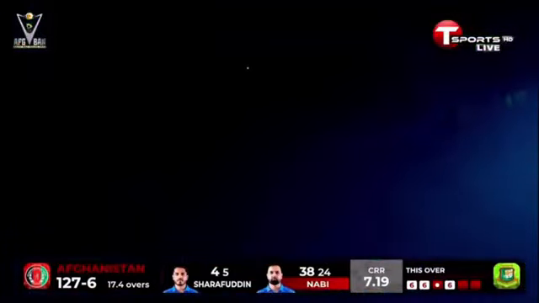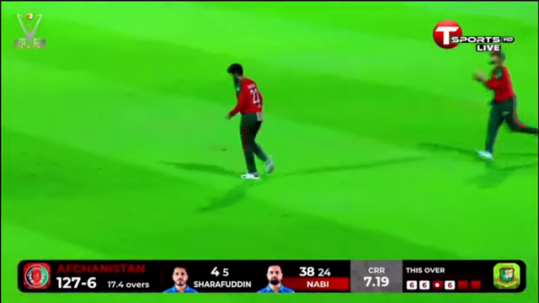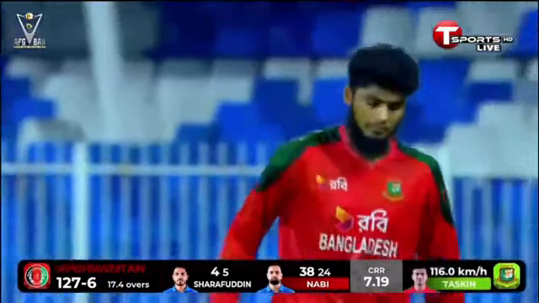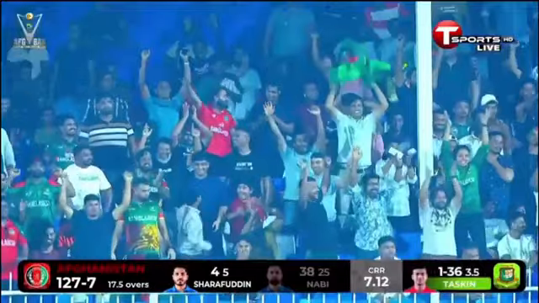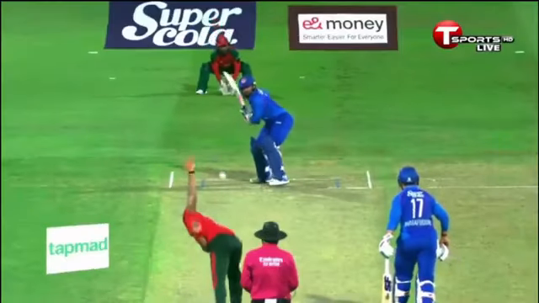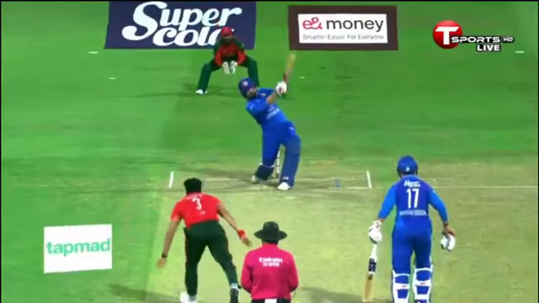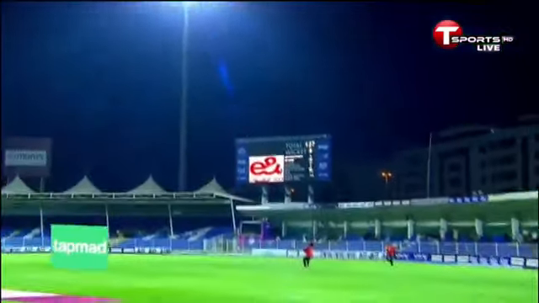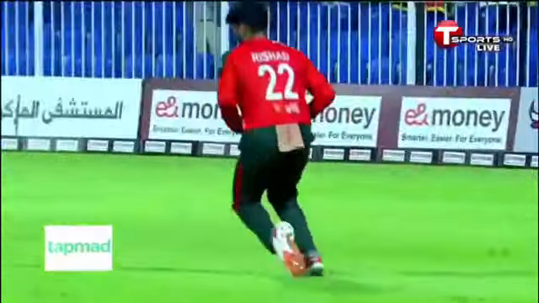Has he got this one? I don't think so. Down towards Rishad Hussain, who holds on, and the fun is over for Mohammad Nabi. A grimace, a grit of the teeth. He felt it was there to hit, but again the pace taken off by Taskin, who has his revenge. Much better length by Taskin. The previous slow ball was slightly short, and that has set up Nabi. On this occasion the length was slightly fuller. Knuckleball slower delivery, no pace to work with, lack of bounce, bottom part of the bat, and Taskin Ahmed has the last laugh. Rishad Hussain, good catch, sprinted about 30 yards to his right, safe as houses.